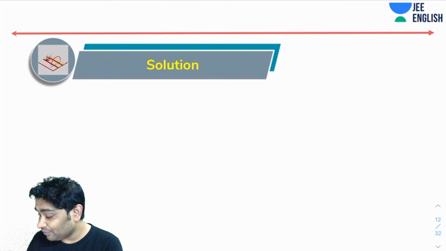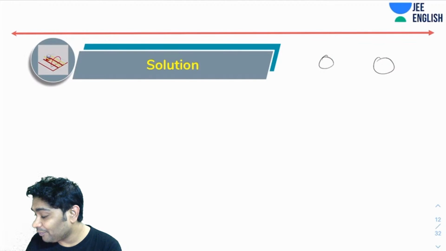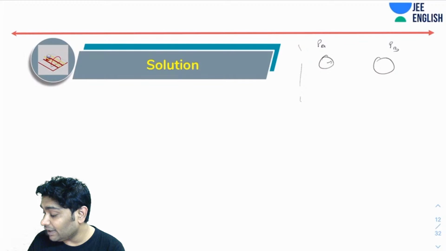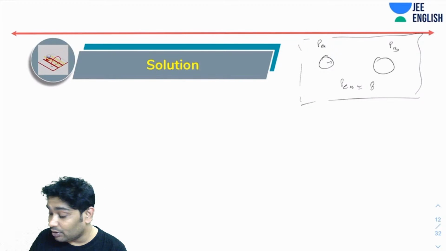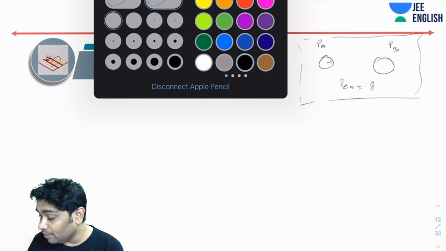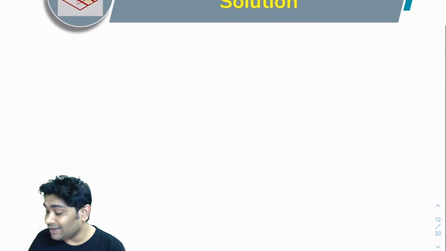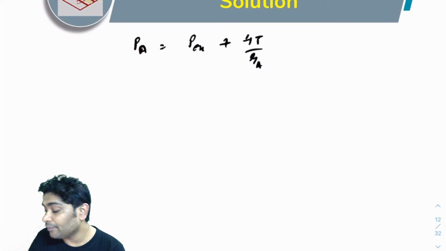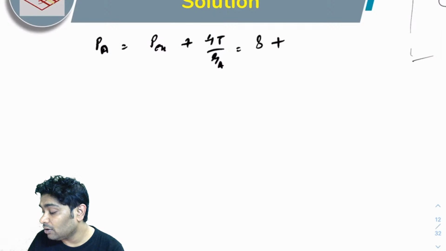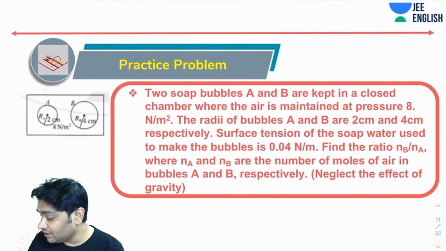So that is very simple. When you're talking about A and B, let us assume that the pressure inside bubble A is PA and that inside bubble B is PB. Now you know the external pressure. External pressure is 8. You also know the surface tension and the radii, and if you remember your formula from yesterday, you will realize that PA would be P external plus 4T over RA. So that will be 8 plus 4 into 0.04 over